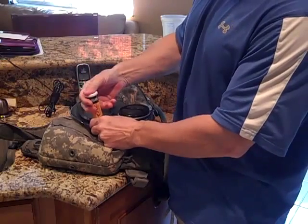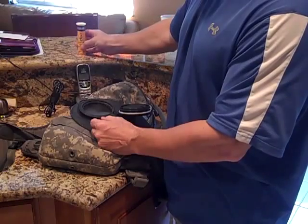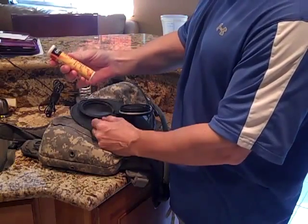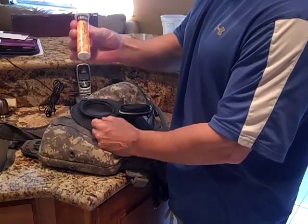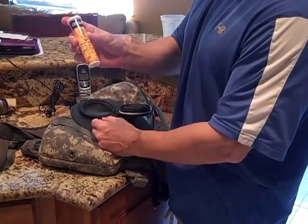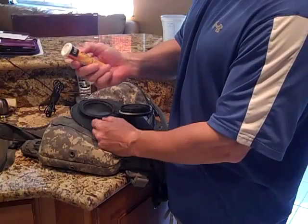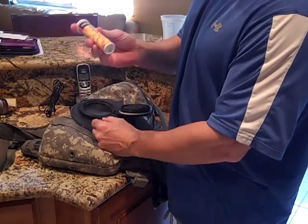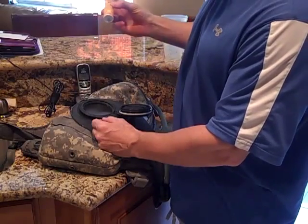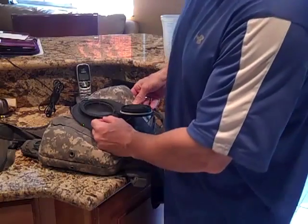That way I have not only just water, but also some electrolytes, and then I carry the extra tablets with me. I think you get 10 tablets per bottle from CamelBak. There's 3 flavors: orange, lemon, and then there's a berry. They're all pretty good, and I carry these around also in my vehicle, and I add them to my regular water in my water bottle too during the day, because you need electrolytes, especially in the hot, very hot weather